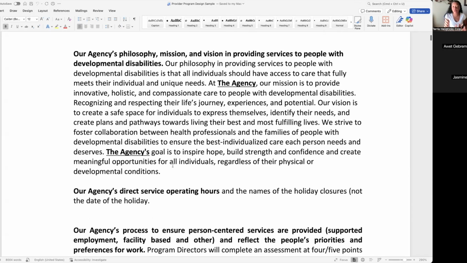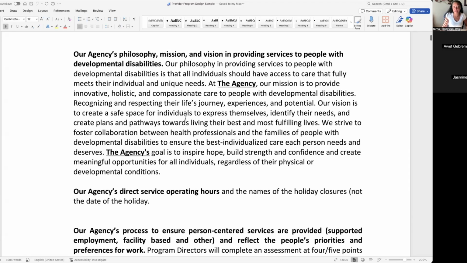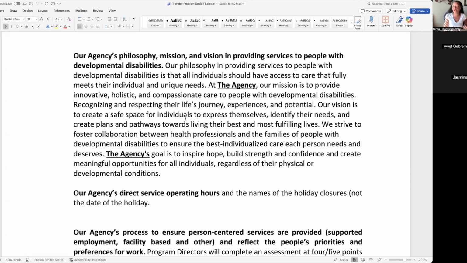One of the things that I need you to pull out of this mission, vision, or value statement is that you're providing individualized care. Every state requires you to have person-centered planning, person-centered care. So that's one thing that you all should have in your vision or value statements. It's not a one size fits all. Your agency shouldn't be one size fits all. It should be person centered. And then you should be making sure you're building upon their current skill set. Wherever they are, you're building upon that. That should be one of the visions and missions of your agency.